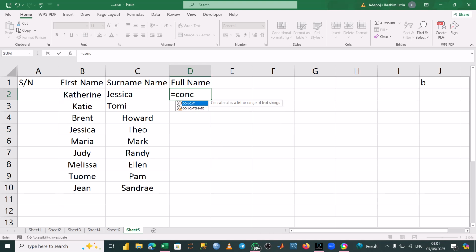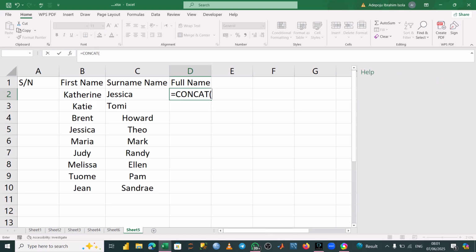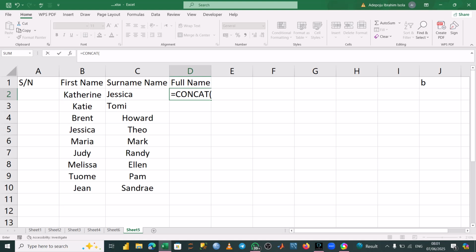Concat is used to join two words together, or two cells together if they are strings. So, this cell, comma, this cell. But if I want to have a space between them, I need to put double quotes, space, double quotes, then comma, then this cell again. After this, I will close the bracket and hit enter. So we have